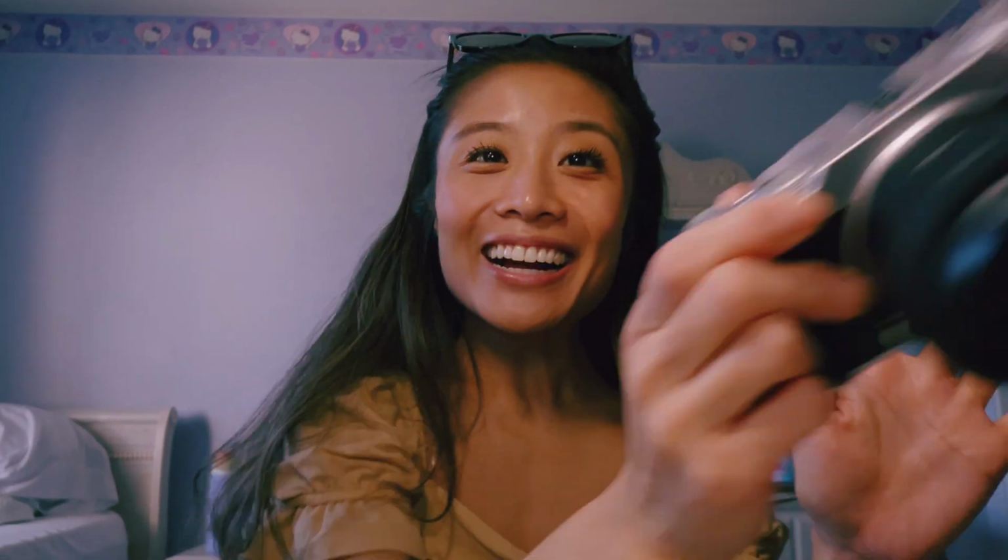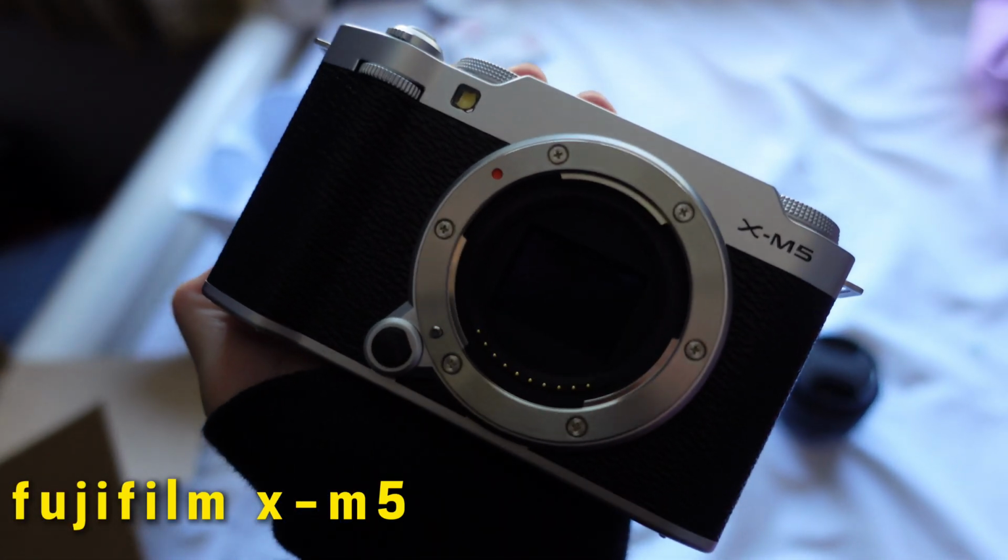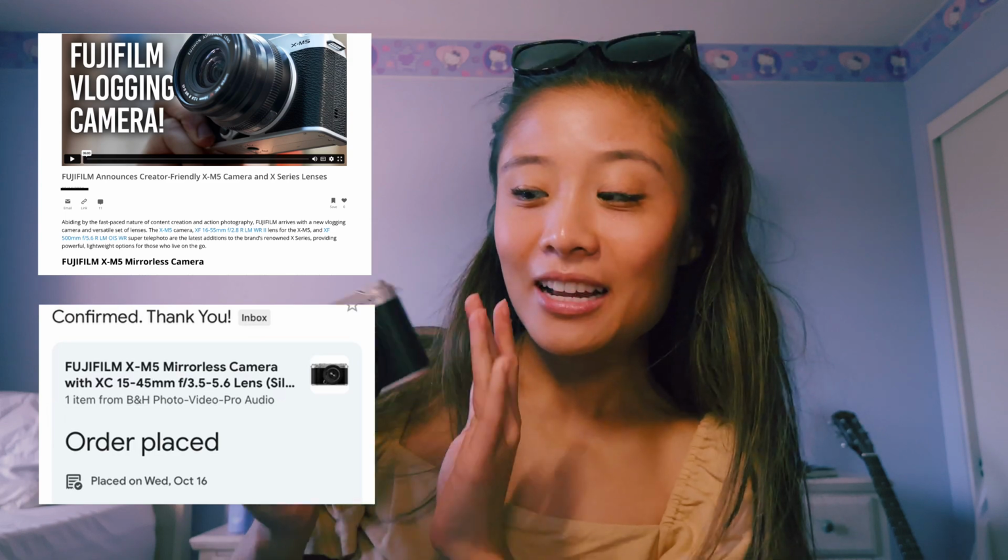Hey, okay, so today I'm going to be trying out my new Fujifilm camera. This is the Fujifilm X-M5. I ordered it pretty much as soon as they announced it, so that was back in October. It is now November. I got it because I had been wanting a Fujifilm camera for a while, but most of